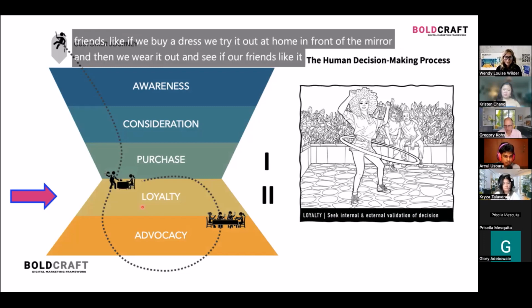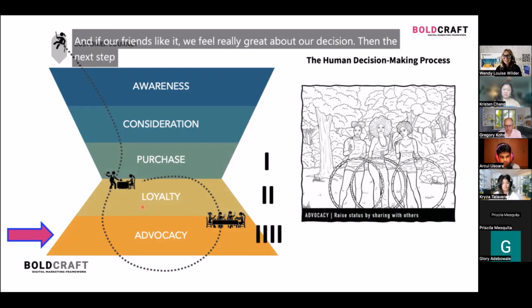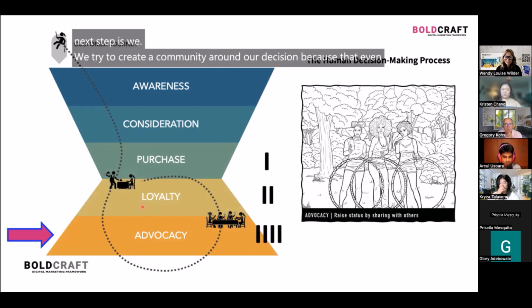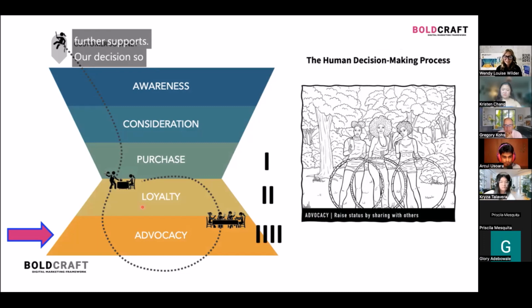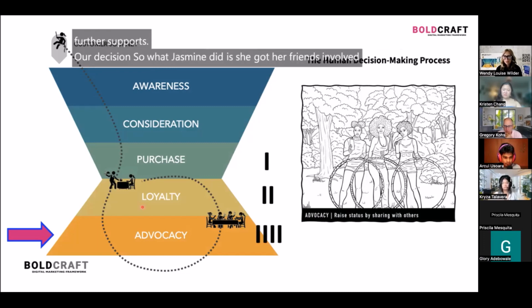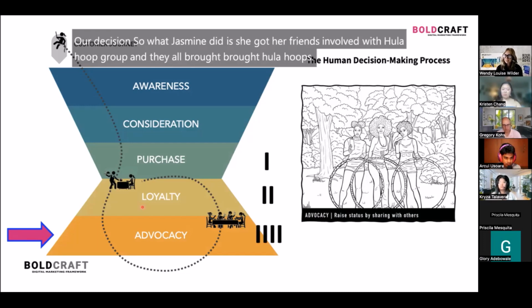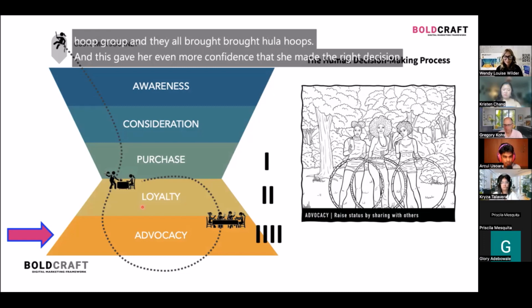And if our friends like it, we feel really great about our decision, then the next step is we try to create a community around our decision, because that even further supports our decision. So what Jasmine did is she got her friends involved with a hula hoop group, and they all bought hula hoops. And this gave her even more confidence that she'd made the right decision, and she created a community around